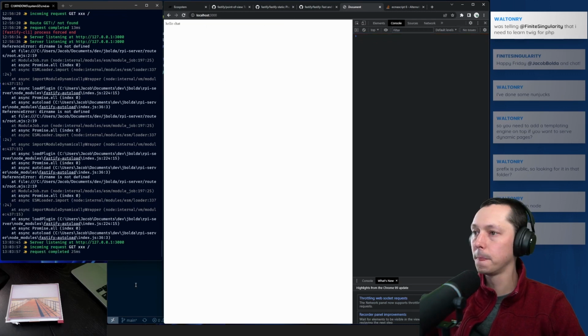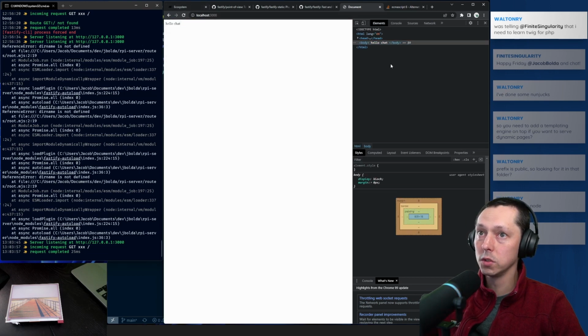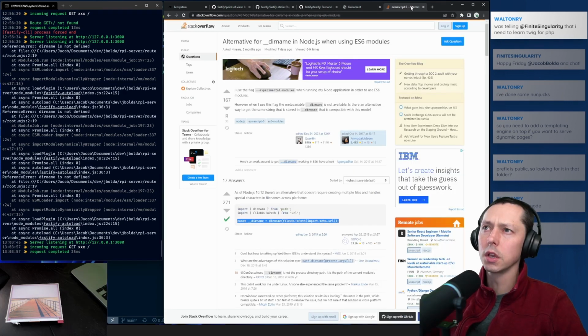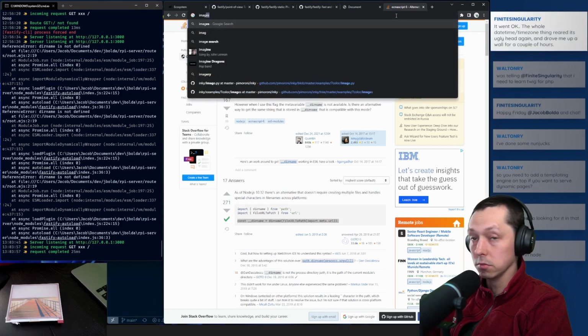Hey, there we go. So now this is our HTML document. So we can do whatever JavaScript stuff we want to in this. So like if we want to do, let's see, image